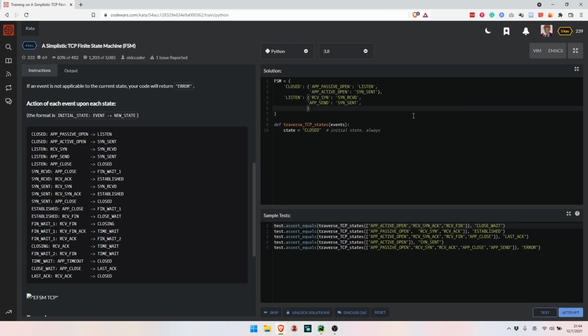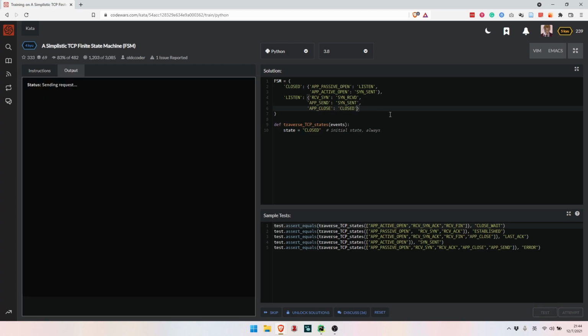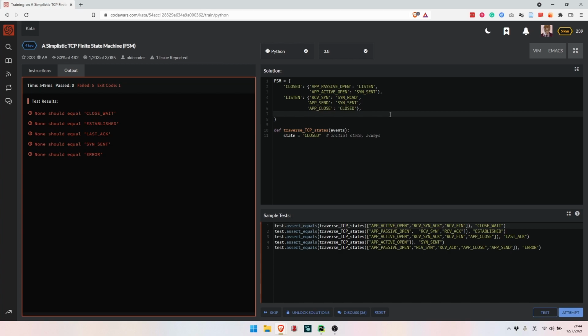And the third event, app close, should make the state become closed. Right.